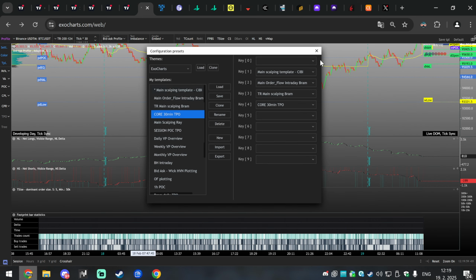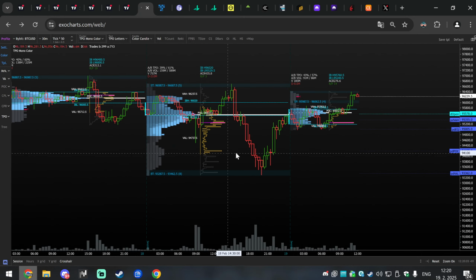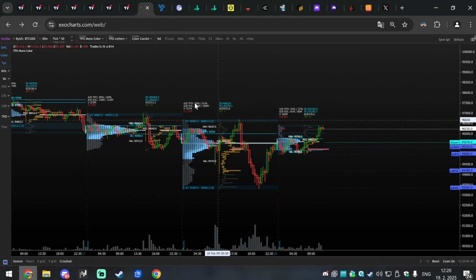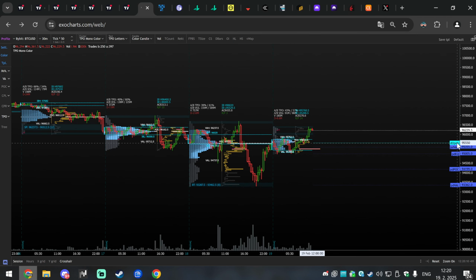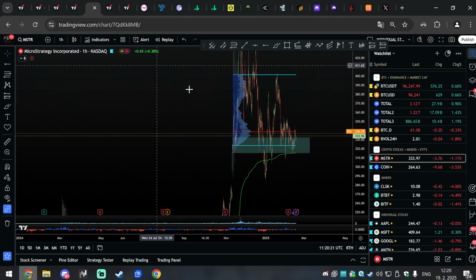Where is the main depot of the day? It was higher, so all we can do is use the session naked point of control from lower. So that's for Bitcoin. I covered it, you see how I was able to predict it and also get aboard some trades. It was beautiful, textbook. Maybe final words on Solana, and that's going to be it from me.